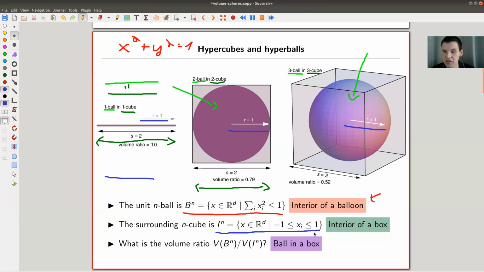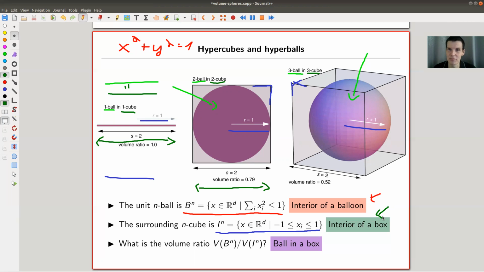So as I said, in dimension 1, they're just the same, and then they're not the same anymore. So the hypercube, the 2 cube is here on the outside, and the 3 cube here is a box, right? So the interior of the box. Again, I would like to think of it like having an interior. So it's kind of filled. I want to measure its